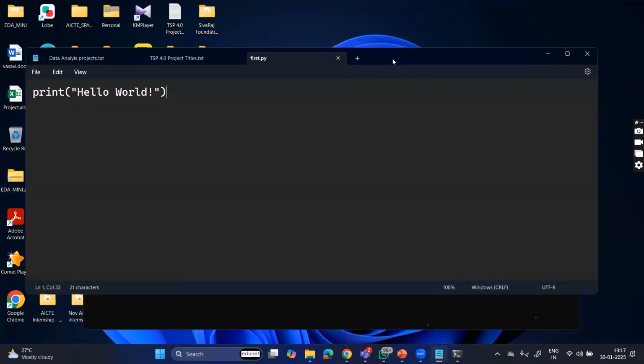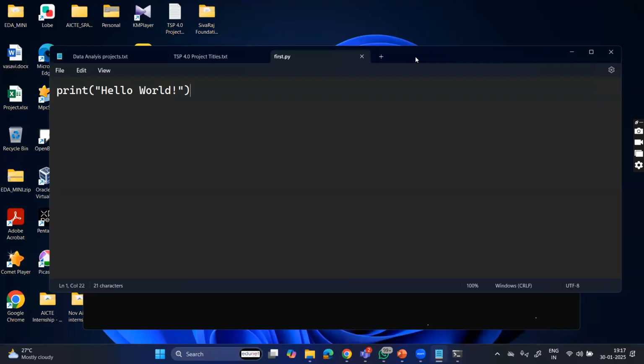Whenever we are installing the operating system, we are getting the notepad. We can write the program in the notepad itself, but why we are not using the notepad to write the program? Why we are using the IDEs like Visual Studio Code, or maybe the Jupyter, or maybe some other IDE, right? So why we are using means, here it is difficult to debug the program in the normal notepad, normal text file, right? Getting extra output,